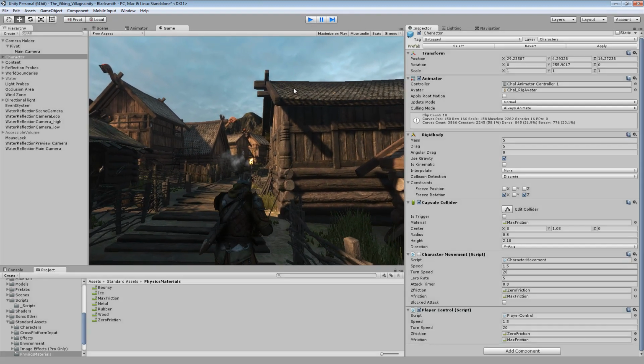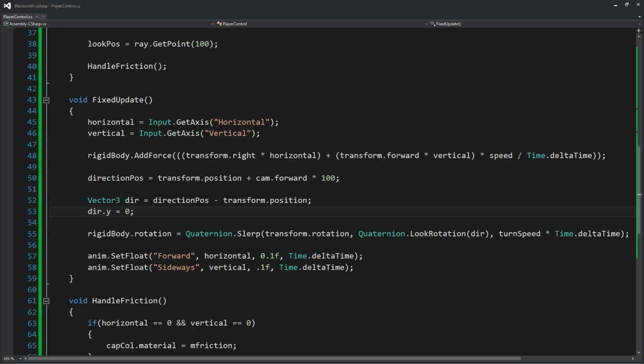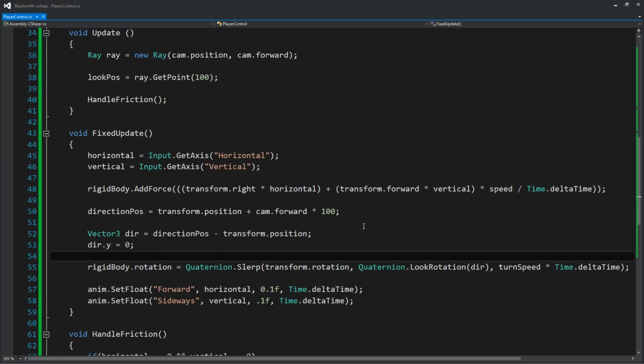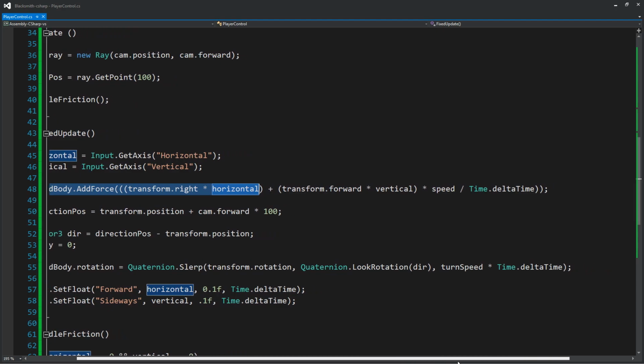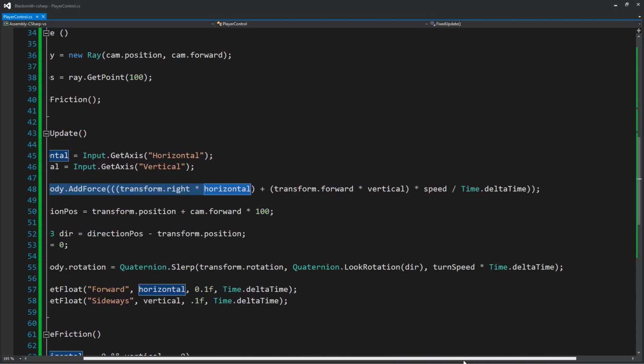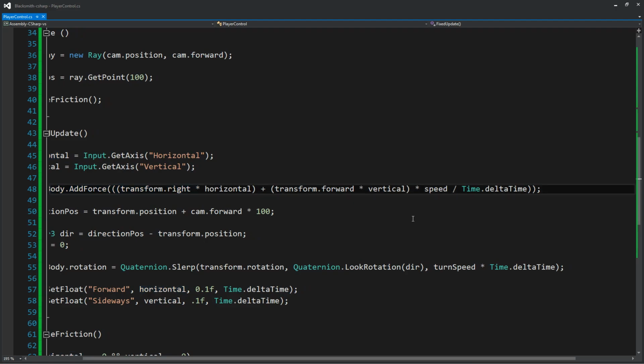Alright, so let's jump back into our script and let's see why we have this problem. It's probably somewhere over here, since this is the only place we add forces, and we have transform.right multiplied by horizontal plus transform.forward multiplied by vertical, and we actually only applied the speed the way it is over here, so be careful with